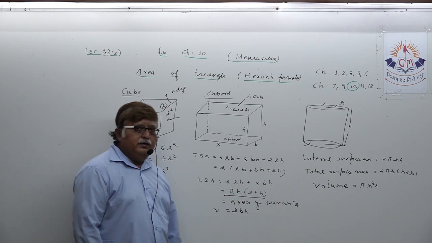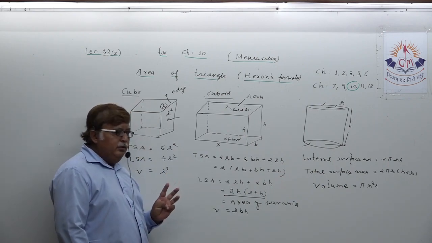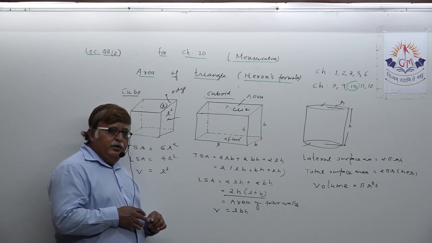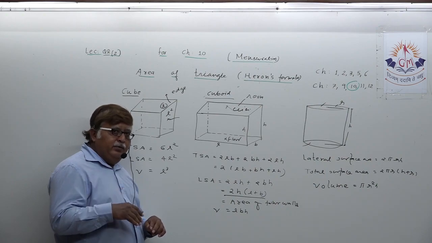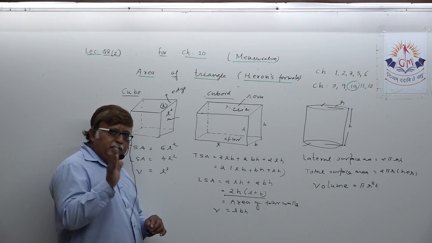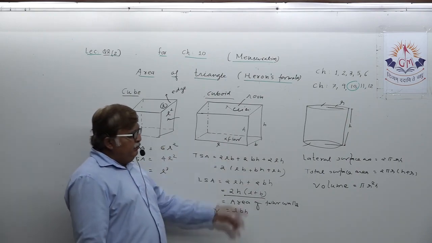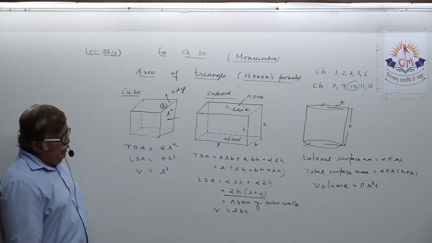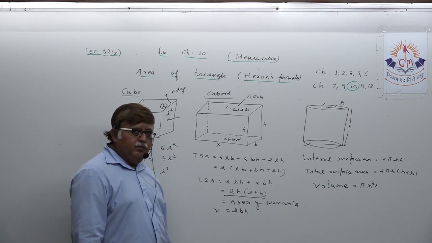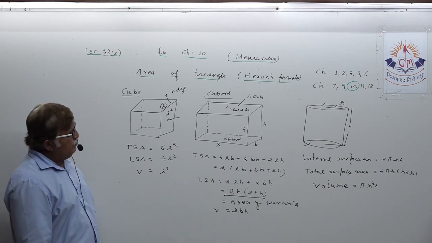You should have the knowledge about cuboid. Cuboid has three dimensions: length, breadth and height. Sometimes in textbook it is given that cuboid has dimensions. The first dimension will always be length, second will be breadth and third will be height. And then you may be given some example regarding how to find lateral surface area, total surface area and volume. Understand? So this is the way you should remember.